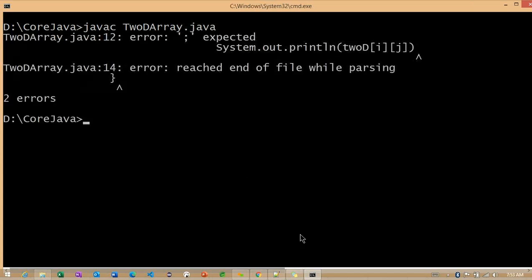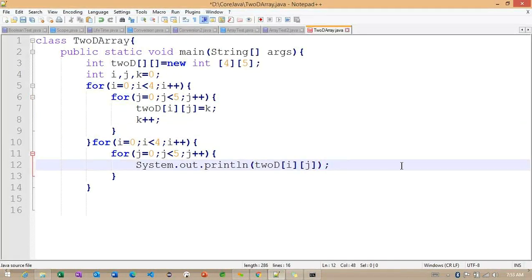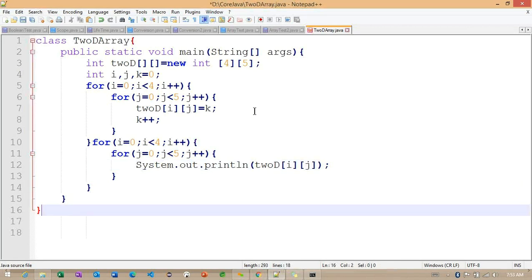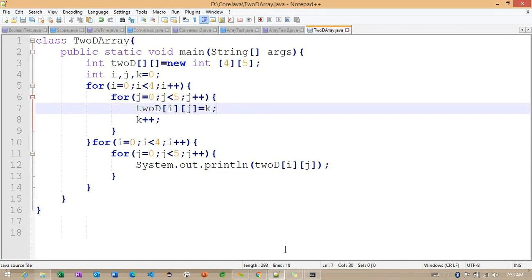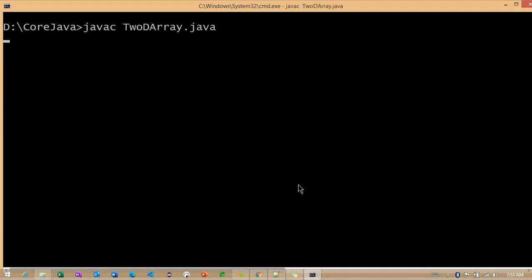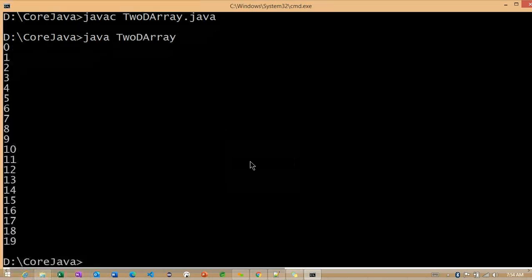Okay, somewhere we did not close the braces properly. Clear the console. Compile one more time. It's compiled successfully, and I'm trying to run this particular 2D array.